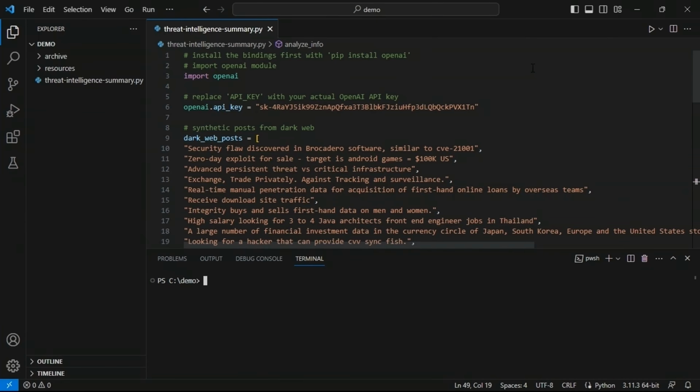Now, I'm not going to do that because I've already done that. So let's go on with the code. Okay, so line 6, I specify my API key, and then on line 9, I define a variable named dark web posts, which contains a number of dark web posts that our security team was able to scrape from the